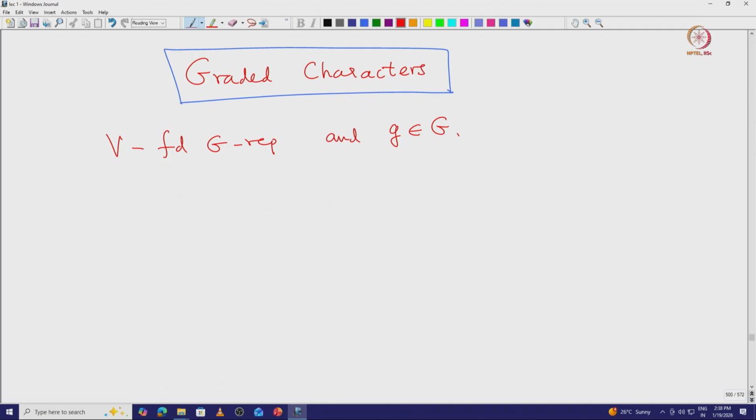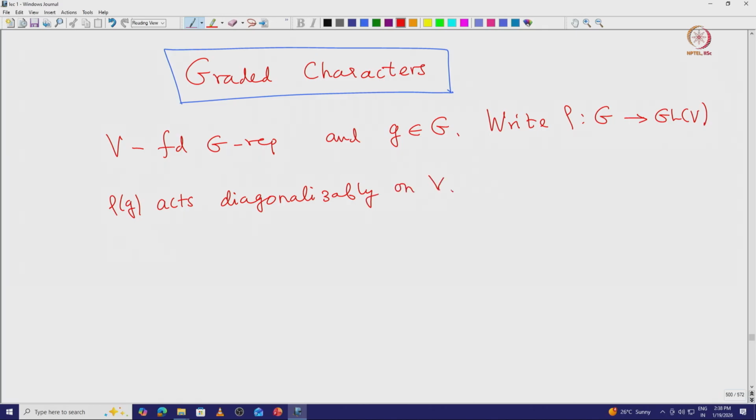Then this element g is going to act as a diagonalizable operator on capital V. So let's write rho for the representation acting on capital V. We want to look at what happens to rho of g. So rho of g acts diagonalizably